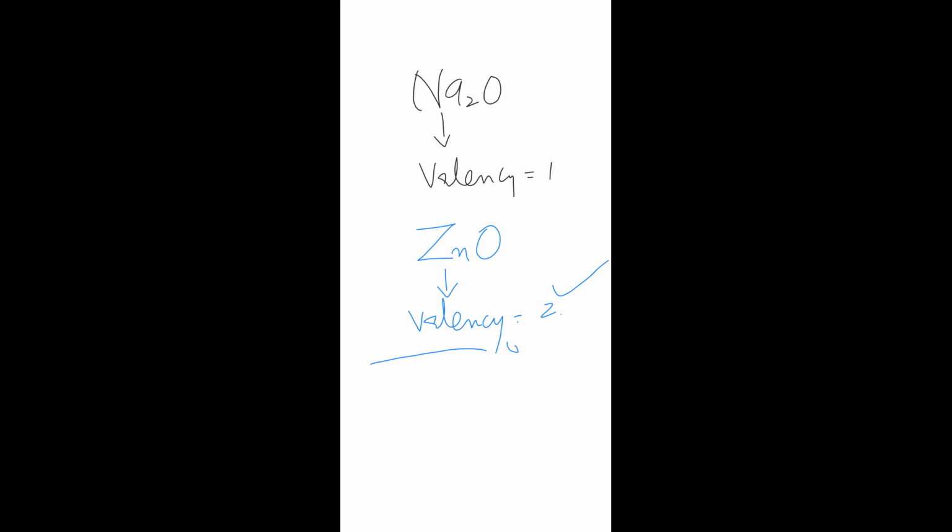Sir, could you repeat how to find the valency in lithium oxide? Lithium oxide, I told you, is Li2O. See, there are 2 lithium atoms, so the valency of lithium will be 1. For example, how you can know it from the chloride: lithium forms chloride like LiCl. So what is the valency? The valency is 1. Similarly, lithium forms hydride like LiH. Here also there is only 1 hydrogen, so the valency will be 1. So got it now? Yes, sir.